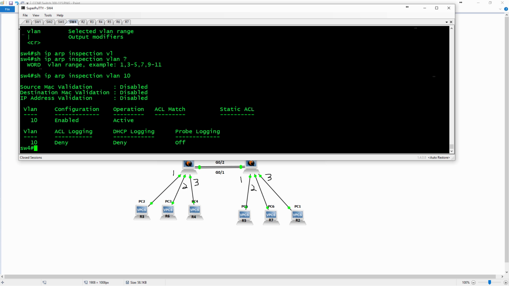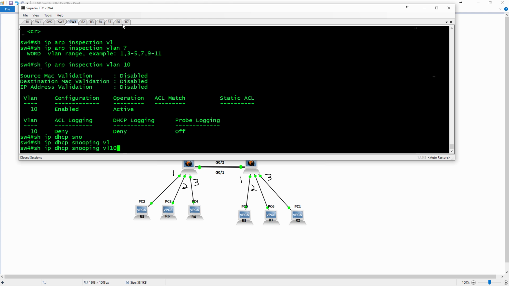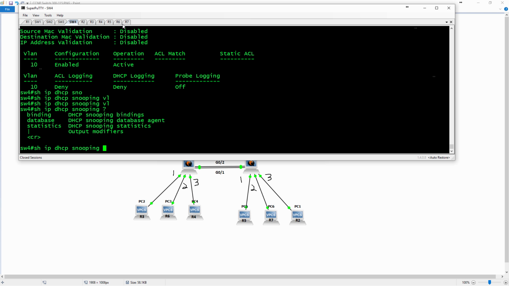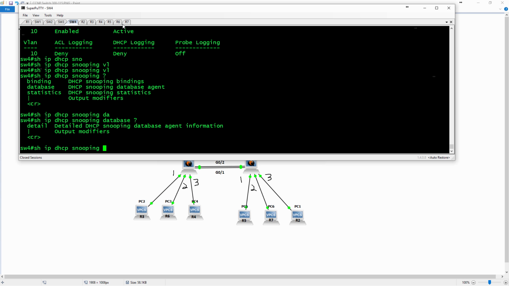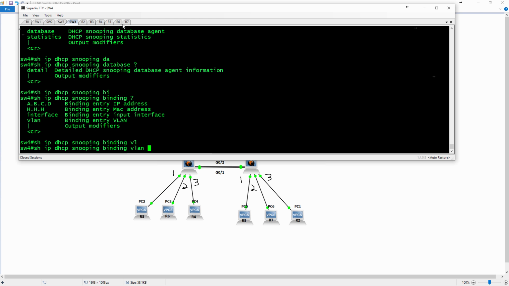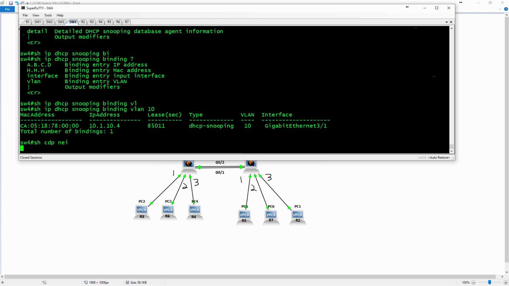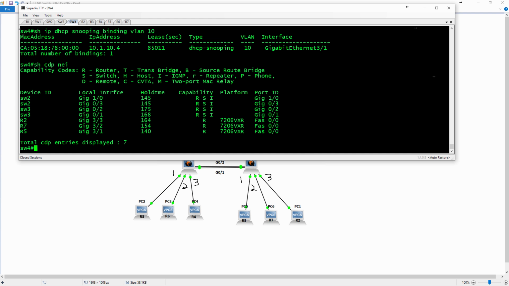What I can do is I can go to one of these ports. If I do a show IP DHCP snooping database for binding VLAN 10, I see on gig 3/1 and switch 4, which goes down to, I forgot who's got that port. So show CDP neighbors 3/1, router 5. So router 5